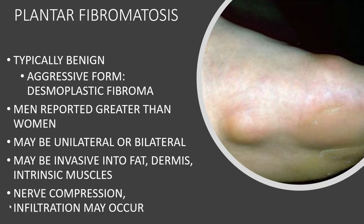Particularly the more aggressive forms may be invasive into the fat, into the dermis, and into the intrinsic muscles. And for this reason, in proceeding with any surgical intervention, I think it's important to perform a careful examination in surgical planning, which includes either ultrasound or MRI evaluation. If there is involvement in the dermis, then it is important to consider possibly excision of the skin overlying the